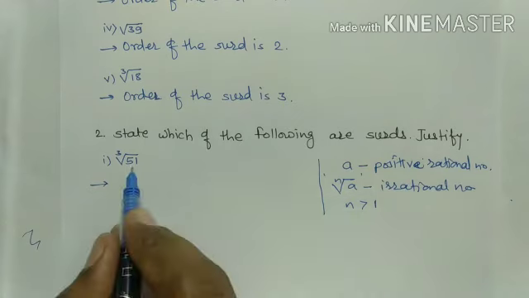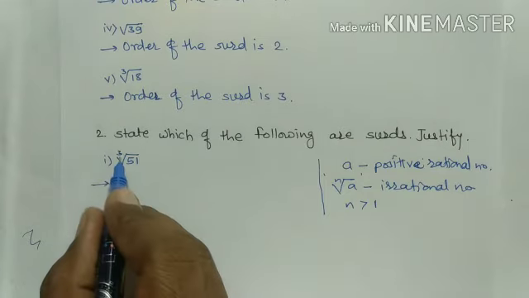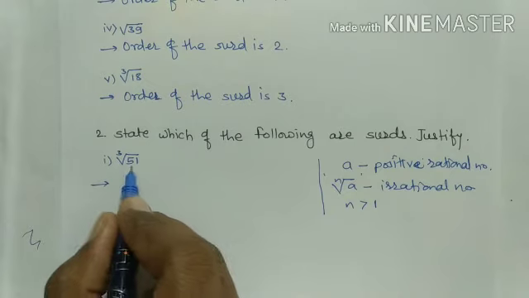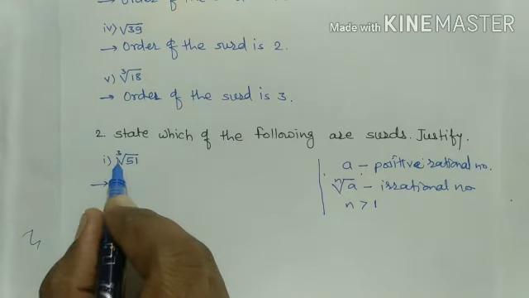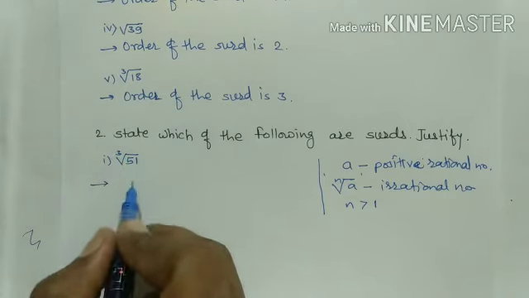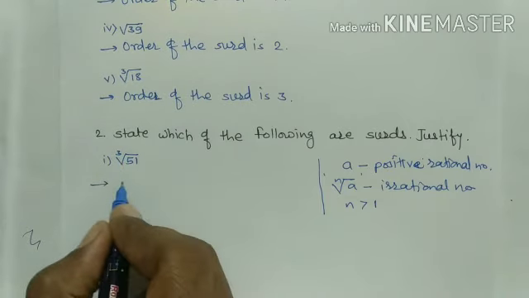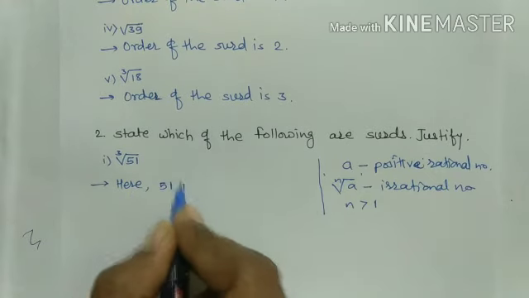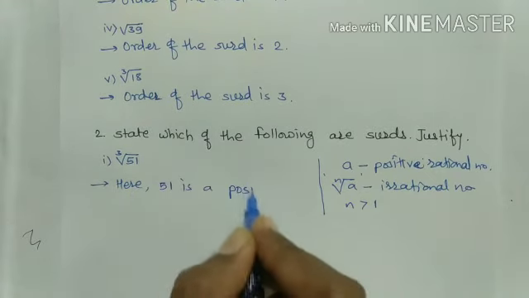आता याच्यामध्ये पहा, here 51, the radicand is a positive rational number. Then cube root of 51 is an irrational number because it is not a perfect cube. And here n is greater than 1. That's why this is an example of surd. So here we write, here the radicand, that is 51, is a positive rational number